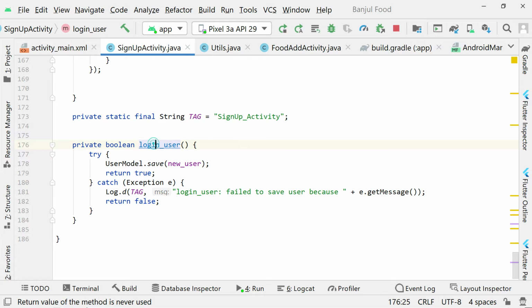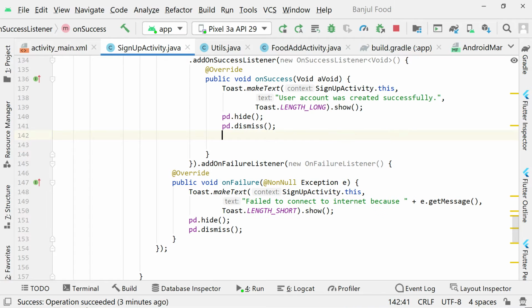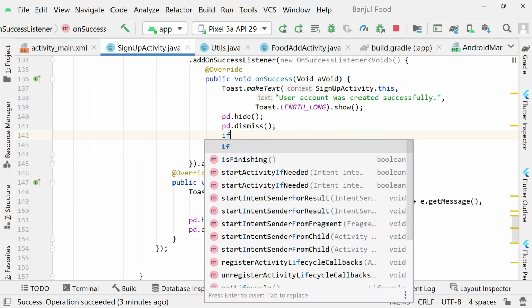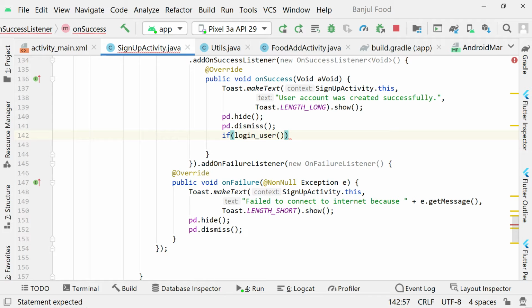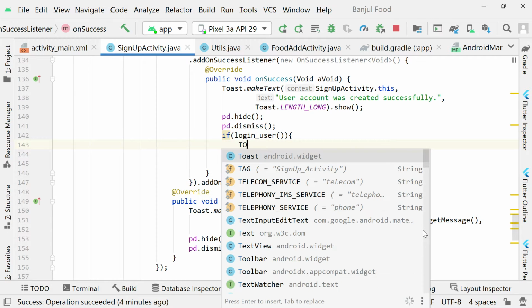So I'm going to check this login user, whether it is true or false. If it is true, I can create a toast that your account was logged in successfully, and if it failed, I'll create a toast that it failed to log in to your account. So here, since it now has the state, I say if login the user, I'll simply say toast